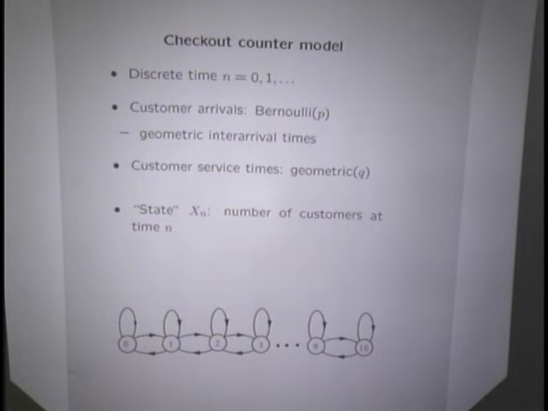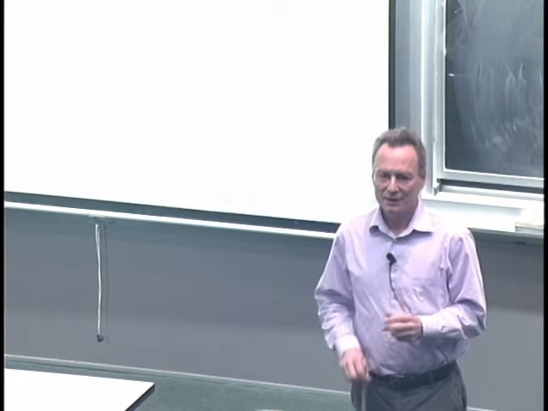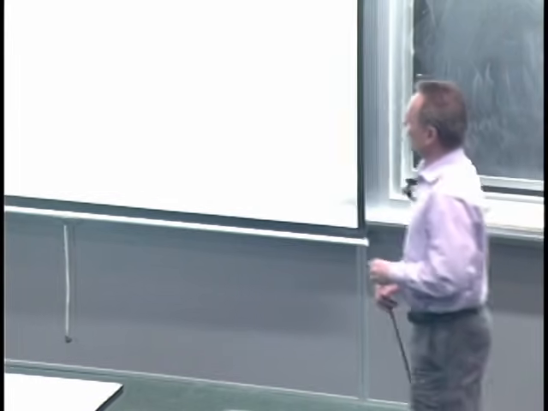So the answer to a question like this has something to do with the state of the system at that time. It depends what the queue is. And if I ask you, will the queue be empty at 7:10? Well, the answer to that question depends on whether at 7 o'clock the queue was huge or not. So knowing something about the state of the queue right now gives me relevant information about what may happen in the future. So what is the state of the system?